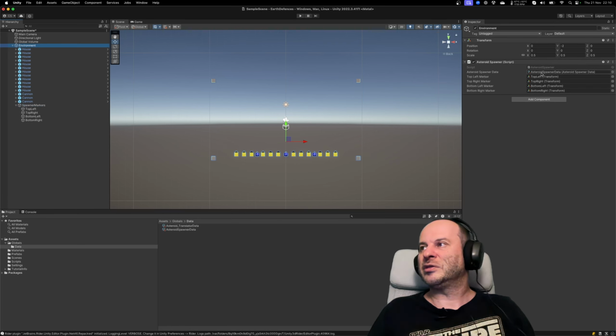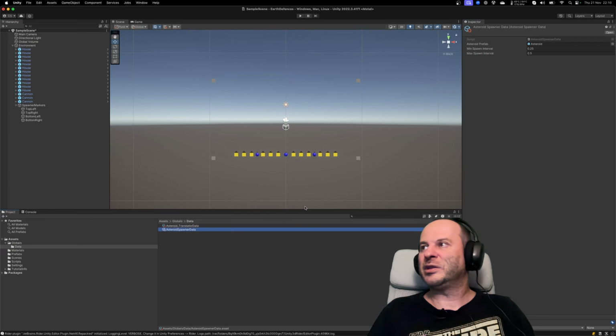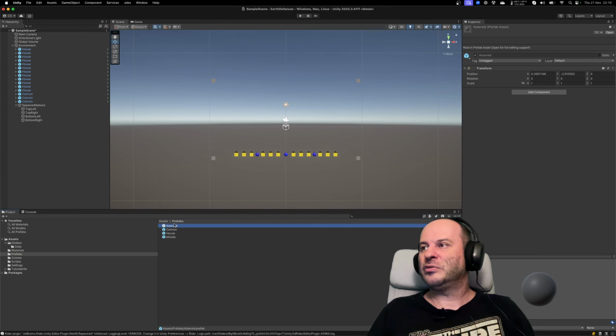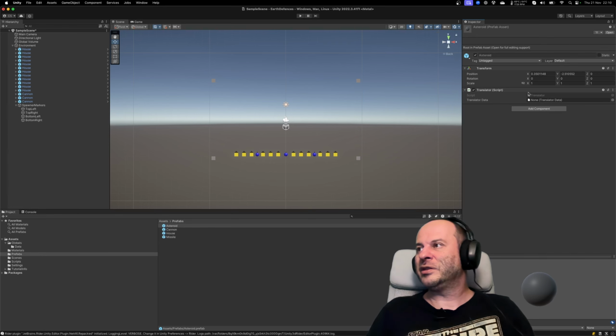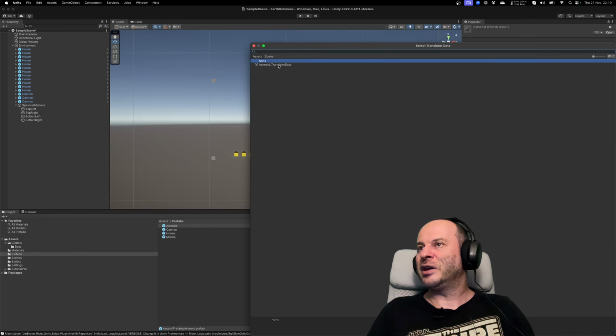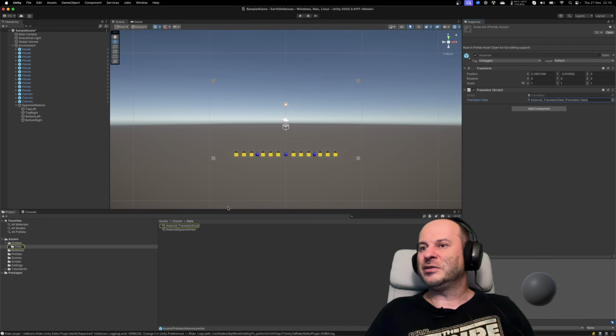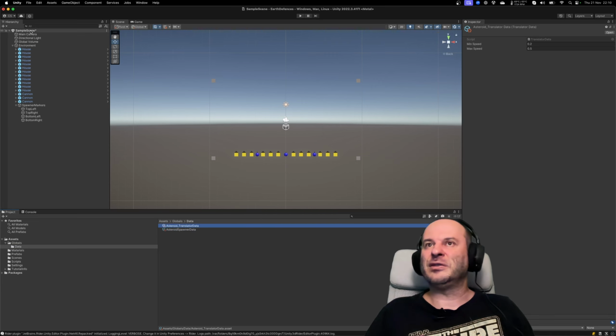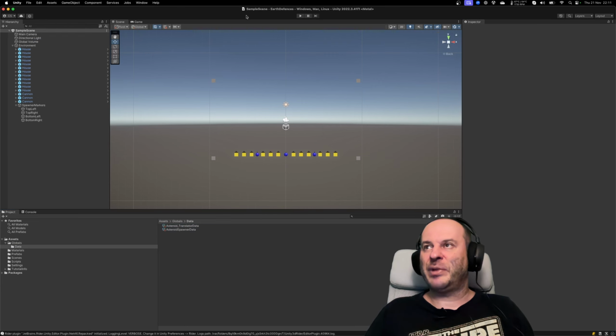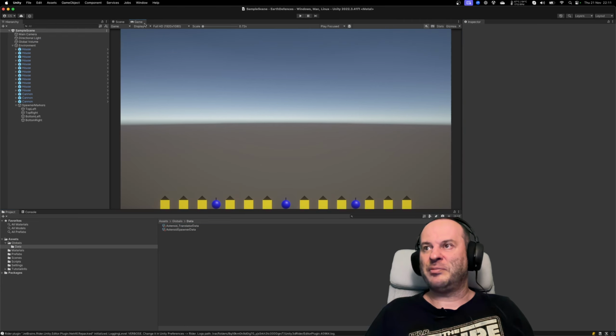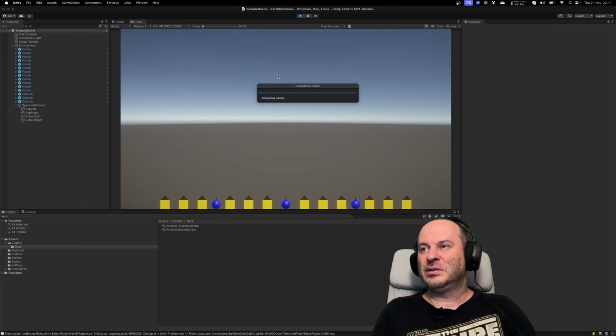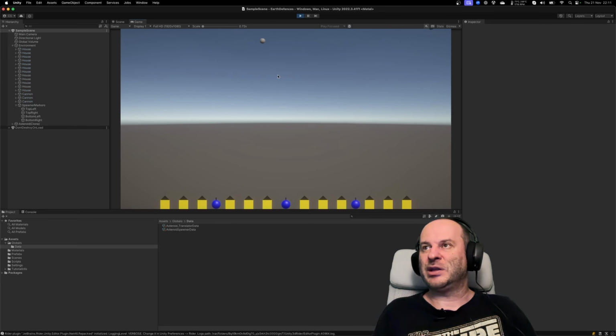So this was the script. The asteroid spawner data has the asteroid, which doesn't have the translator on it, and this one doesn't have data, and this is the asteroid data with these speeds. We have set up everything, and now when I press play,